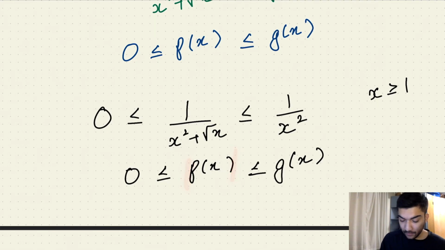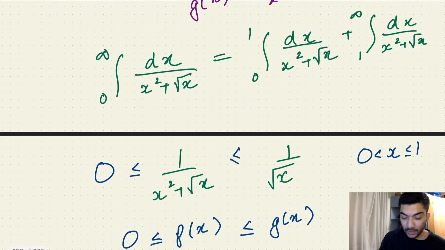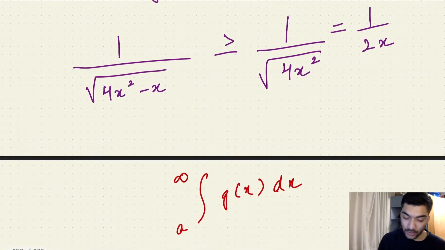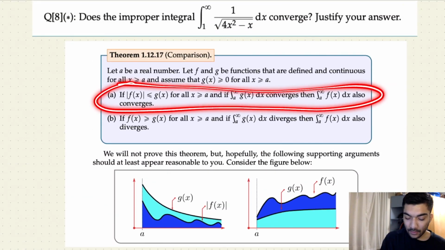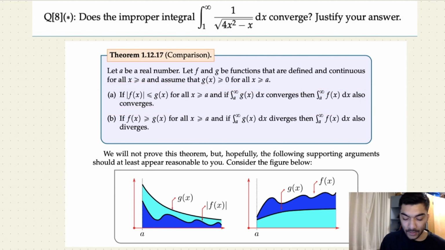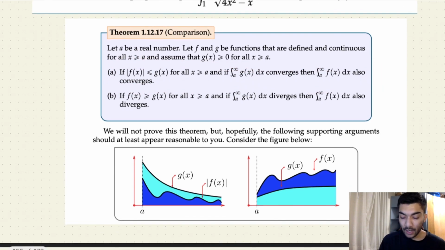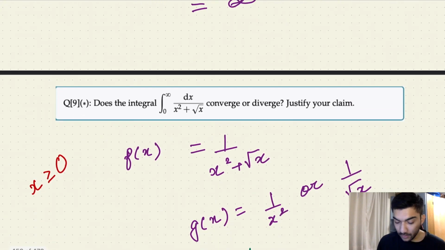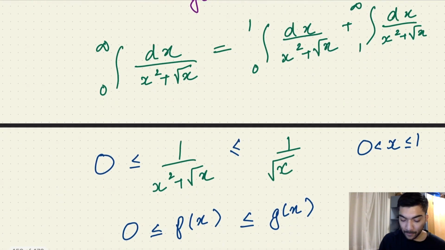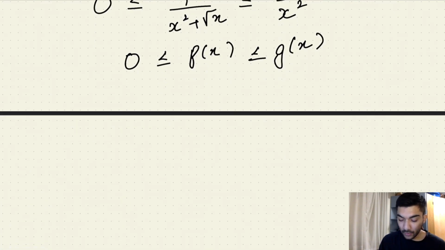So we know that our inequalities clearly satisfy this equation over here, and if we are able to prove that our second function integral converges, we'll also prove that our original function integral, which is this expression over here, will also converge. So what we have to do is,